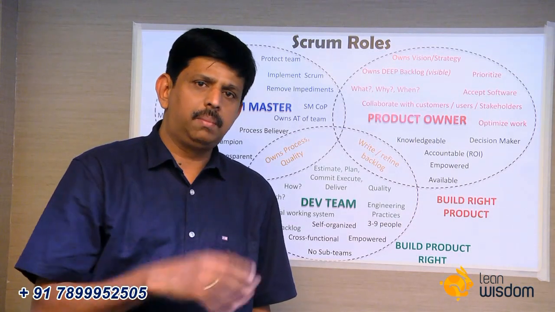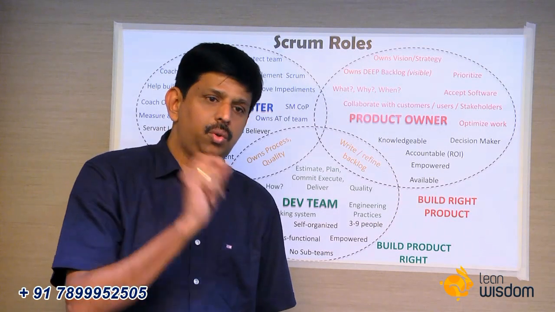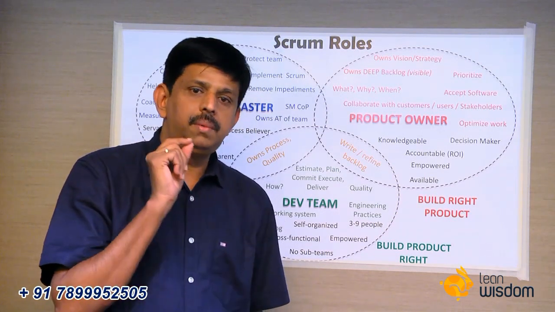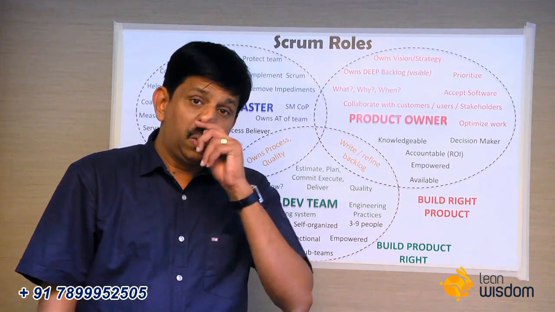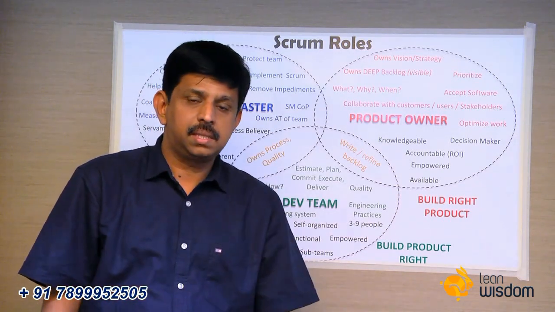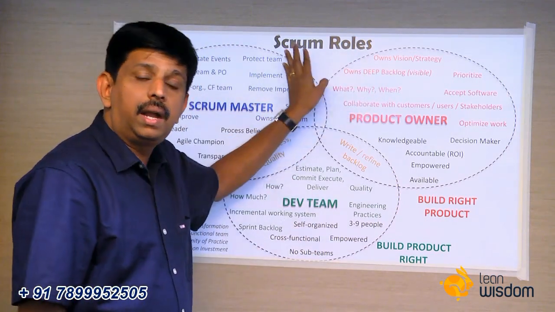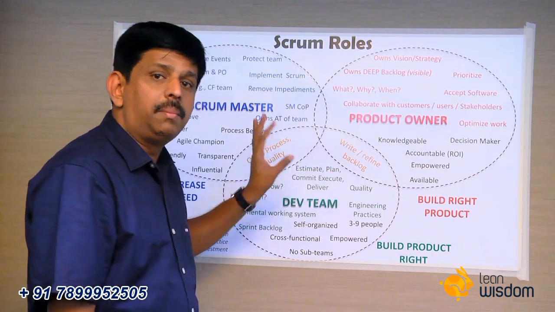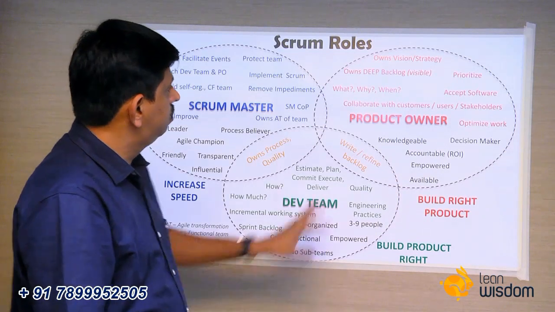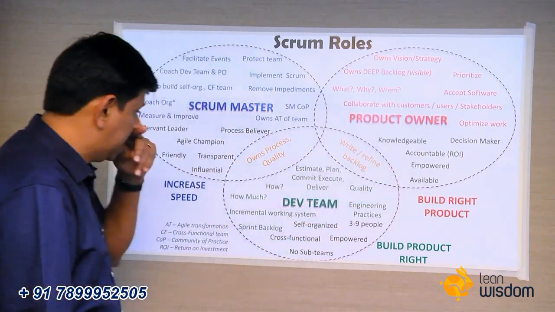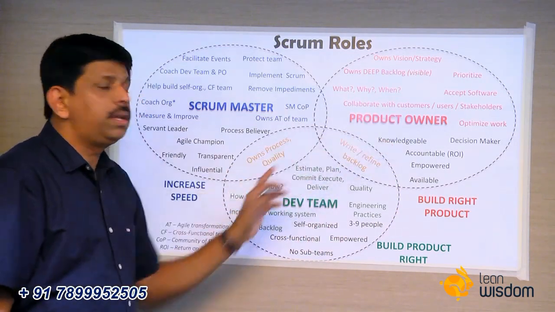So agile has to be in place. Scrum has to be really in place, right? So make sure that when you move to scaled agile, your Scrum teams are really good Scrum teams with good agile practices in place. One of the key things to make it successful at a team level is defining and having clear roles in place. There are 3 roles in Scrum, I'm sure you all know. The first one is product owner. The second one is Scrum master. The third one is development team. Let's go over each of these.